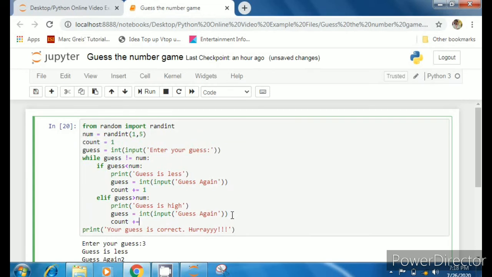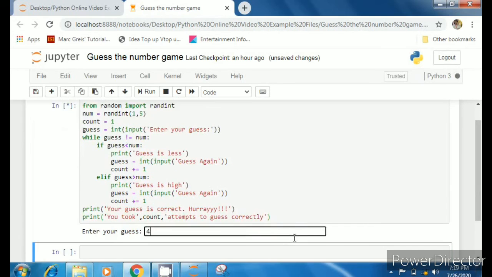So guess again, count will be incremented, guess again, count will be incremented, and in the last I will print this count. So I'll print something like, you took this many attempts to guess correctly. You can write any type of message. So I'm writing here guess correctly.